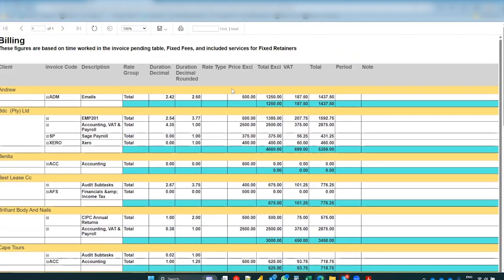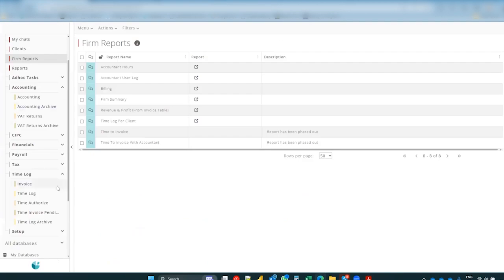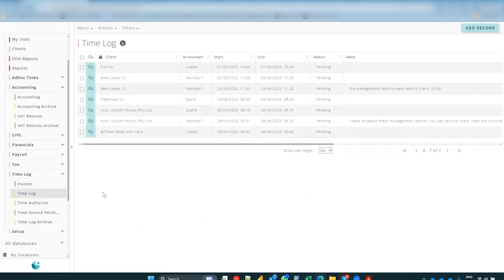So if I notice something, for example, if we look at an audit client, this is a very cheap audit here. You can see only 2 hours was worked and we're only billing 700 Rand. There's something wrong with that rate there. So it's telling me that I've not actually set up my audit correctly. And so I'm not seeing the correct revenue amount that I'm expecting to see for this particular client. And so if I go and make a change to my rates or the time that was logged or whatever,